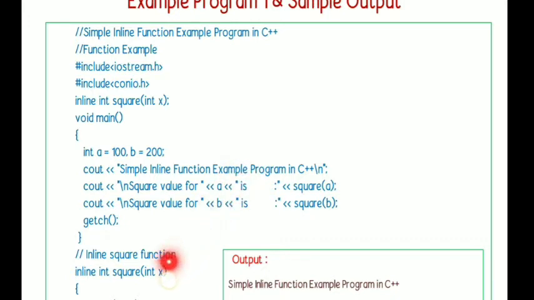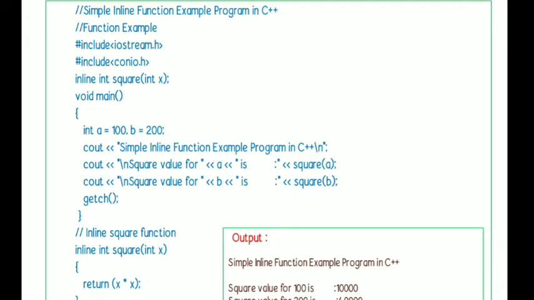In order to move from one task to another, it has to store whatever it is doing at present into a temporary storage. We call it a stack.